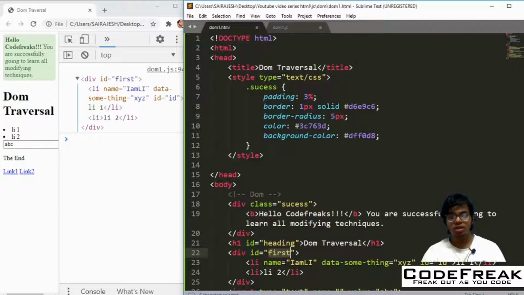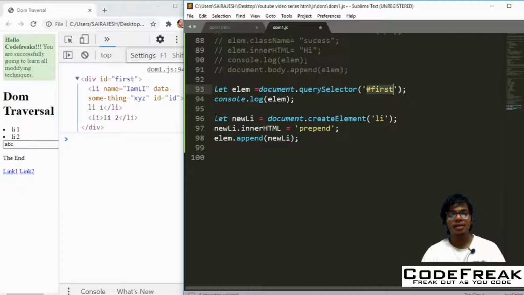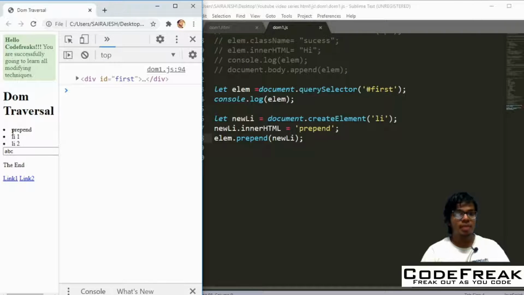Basically, it will get both. You can see that here I have console.logged it, and then I'm creating a new element called li, storing it in new li, and putting the innerHTML to be prepend. So let me prepend it, because we have named it prepend. Let us see where exactly it is going to go. It came before the beginning of the li. So we are using lm, which is the parent node, when you use prepend.